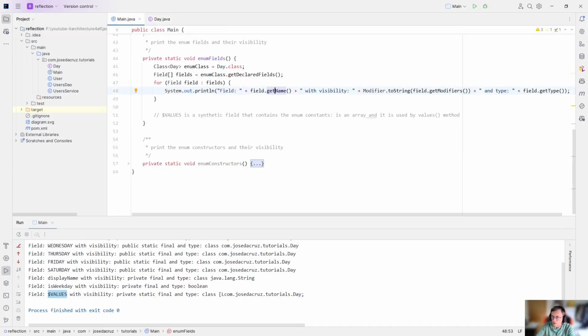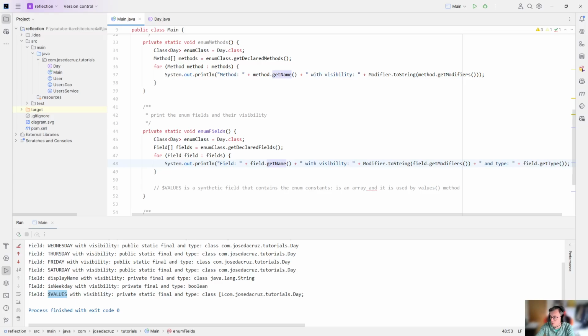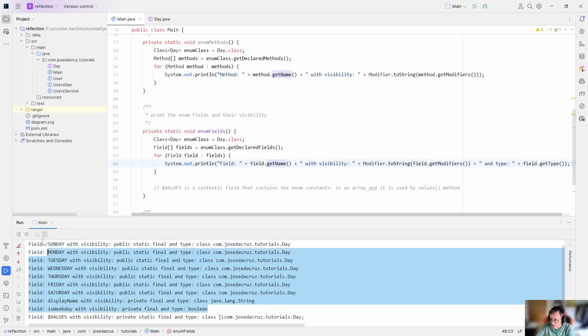Okay, values, I put here a comment. So to be clear, it is a synthetic field that contains the enum constants, it is an array, and it is used by the values method that we saw here. There was a method when we executed these enum methods that was called values, and what this method will do is just take this field, this generated field when the enum is being compiled, and display its contents. Okay, it's an internal field, private static final, that exists on the enum. Okay, these are our fields,